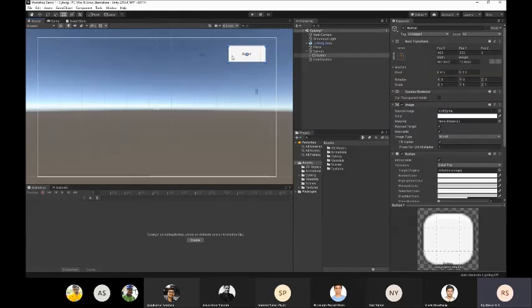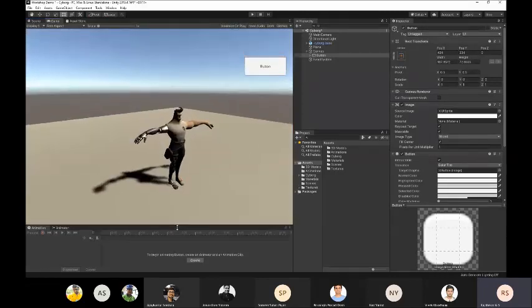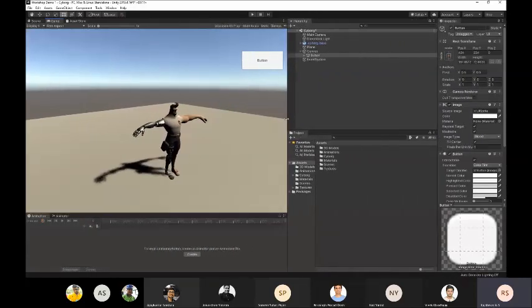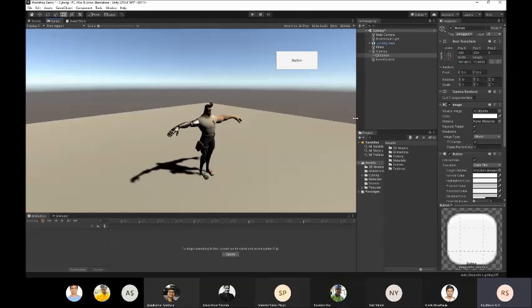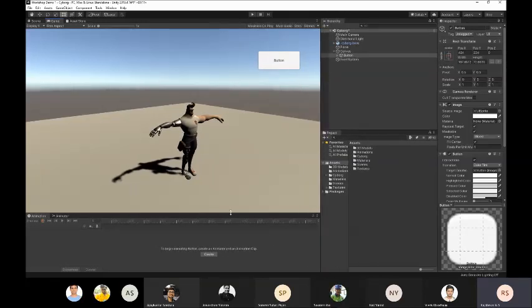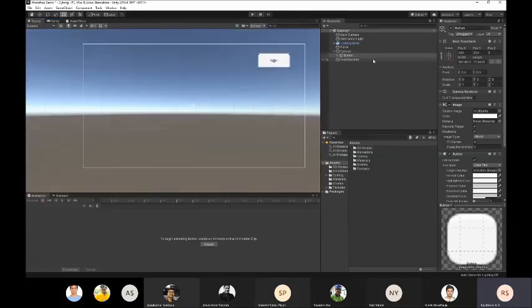And right now our button is anchored to the center. So you can see these 4 triangles. That means the button is anchored to the center over here. If we change the game view size, the button will always be anchored to the center, right? It's always some distance away from the center. Now, rather than that, we want it to be anchored to this corner over here.